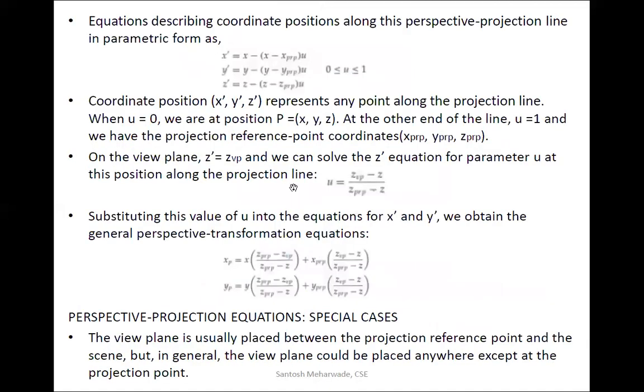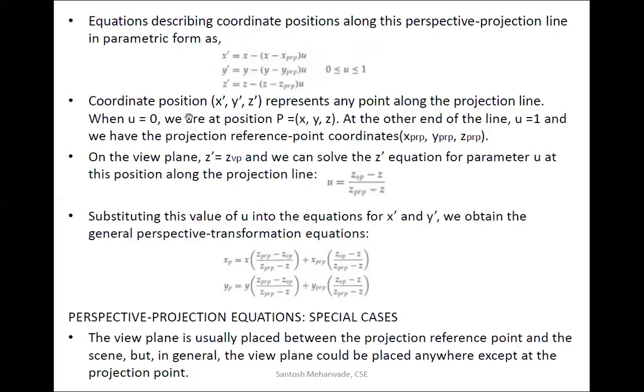These are some of the parametric equations that we are going to use whenever we follow this perspective projection. In the parametric form of equations, one parameter is there, and with the help of that parameter we get the different values. Our parameter always lies between 0 and 1. Zero means nothing has changed and it is in its initial position, and 1 means it has reached its final position.